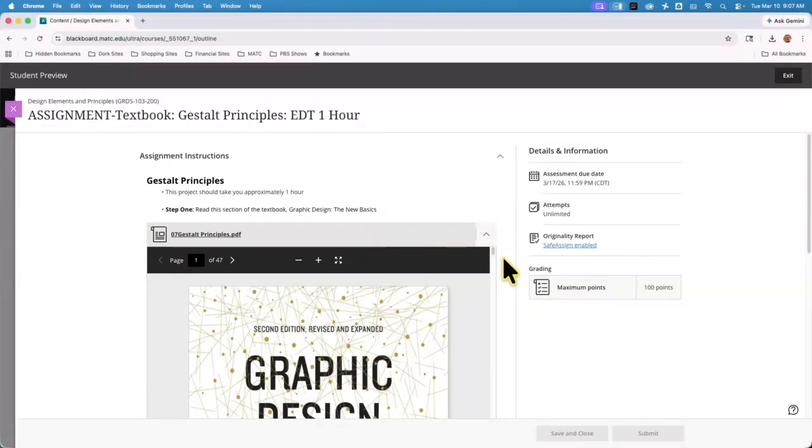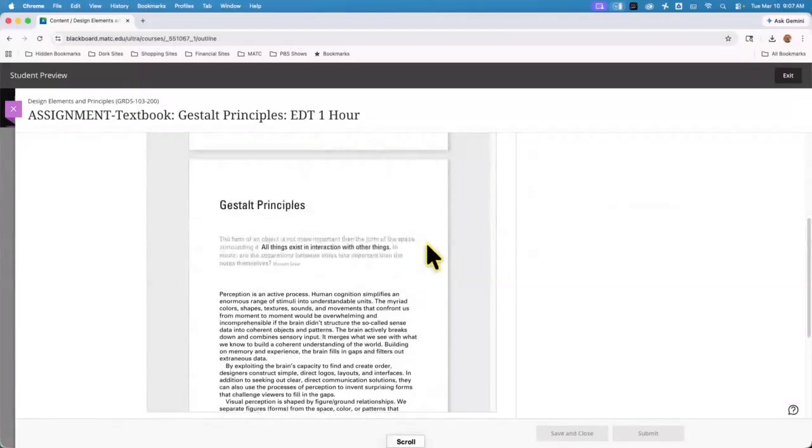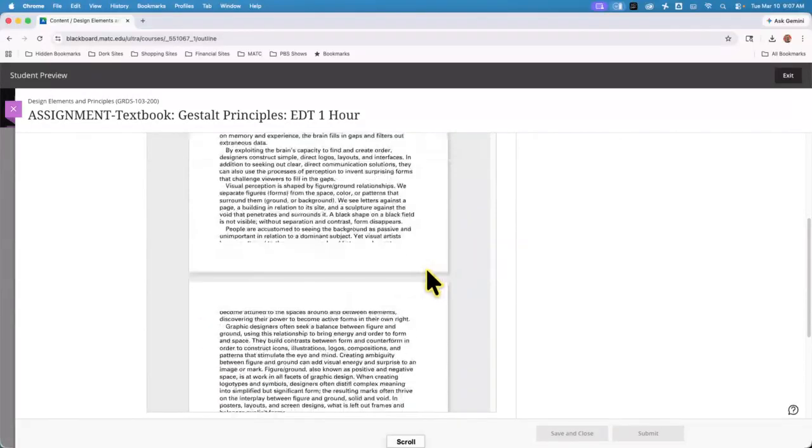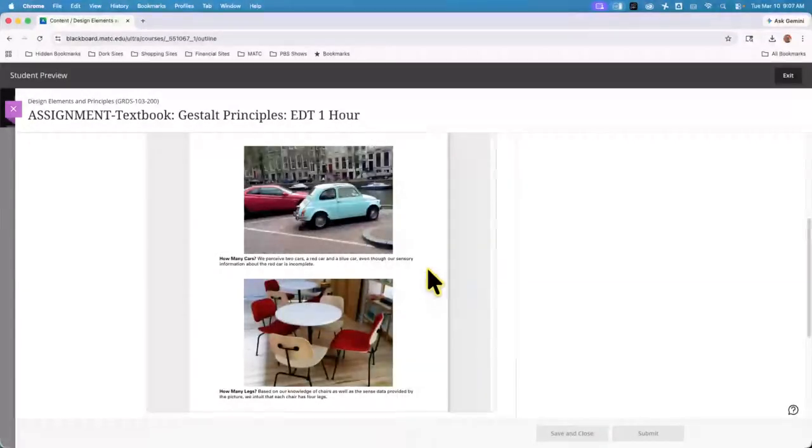It's a weird word, like when people talk in a foreign language, where all things exist in interaction with other things. We don't have a better word for that in English, so we use Gestalt. It's how all things exist and interact with each other. It's a Gestalt principle, and that's how we put together all our pieces. And when we do a design,